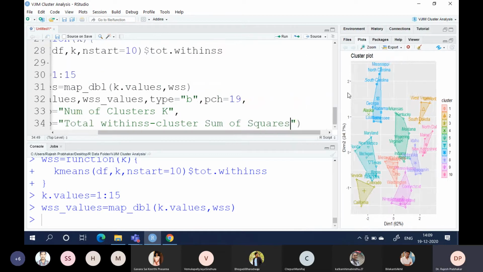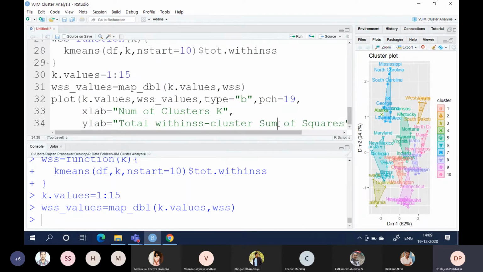Okay. So I have written a function and then we calculated the values. Now I'm plotting.